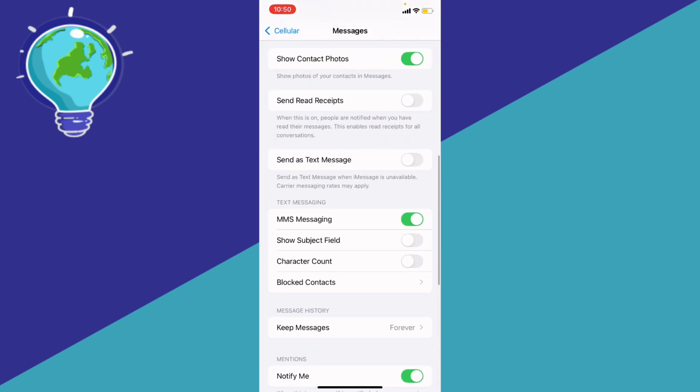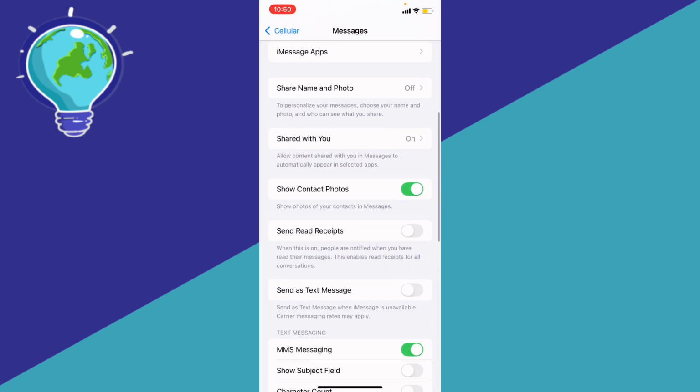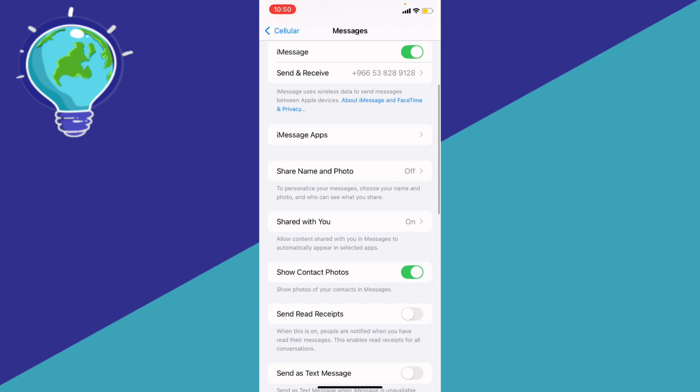If you see right here, this is business messages. You're going to see an option on your iPhone. It's called unknown and spam. Click on the unknown and spam, and then just do not filter the unknown senders,